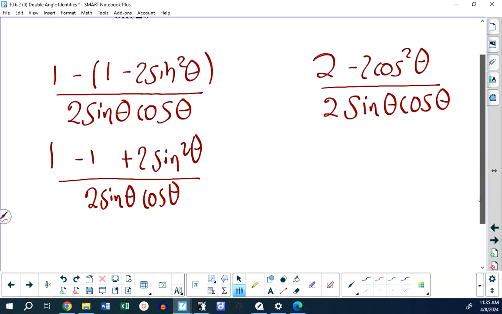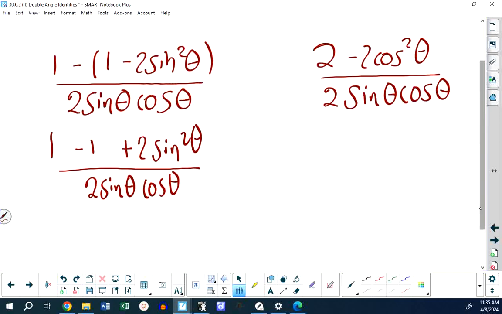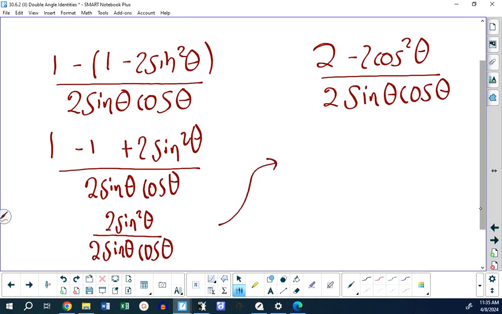So 1 minus 1 is nothing. So this is what you're writing down, right? I know I said lay your pencils down, but we're back to writing this down. I get on the top 2 sine squared theta over 2 sine theta cos theta, which is equal to sine theta over cos theta,